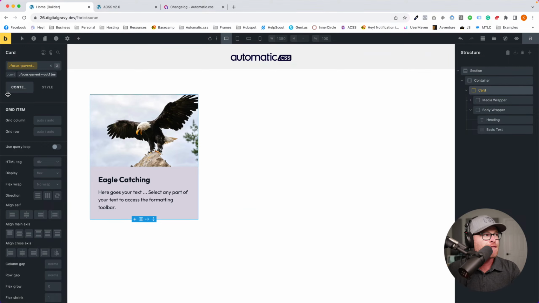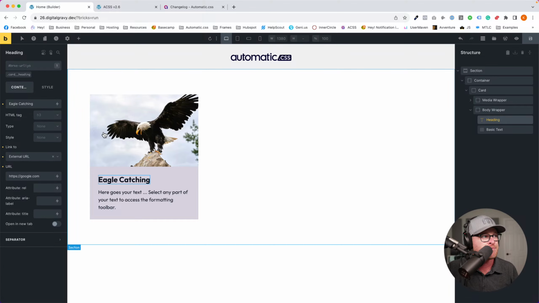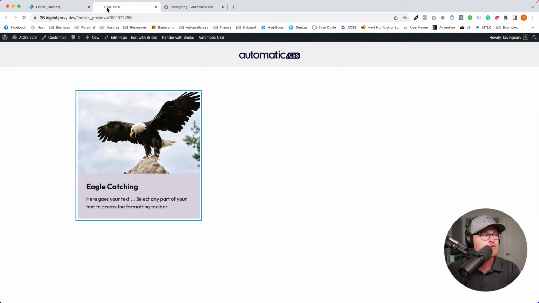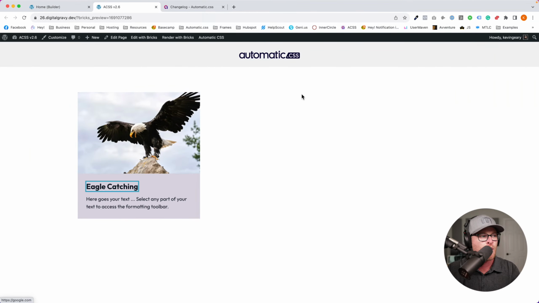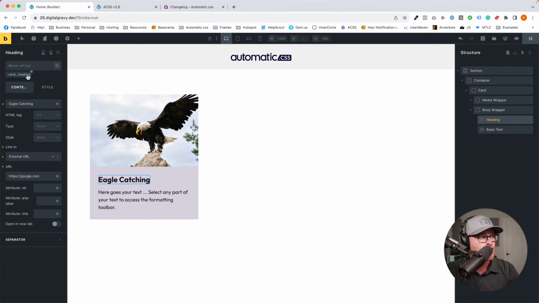Okay, so that is focus parent combined with clickable parent. We now have an entire card that's clickable, and an entire card that's focusable, which you could not do before. Now we're going to make two adjustments here to show the custom CSS side of this. I'm going to take off clickable parent, and I'm going to take off focus parent outline. I'm going to hit save, and we're going to refresh. We're just going to confirm that we are back to what we wanted. So there is no focus, and nothing is clickable except for the actual link itself. We're back to square one. We want to try to do this with custom CSS now, targeting our card class and our card heading.